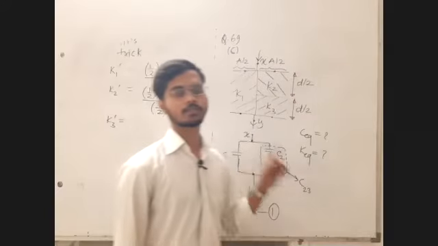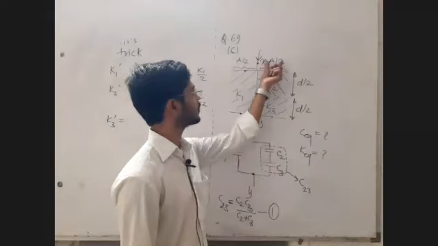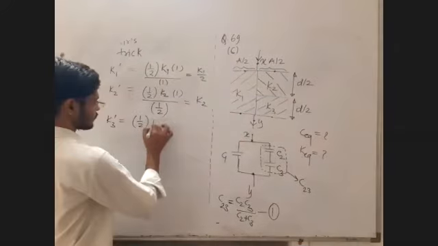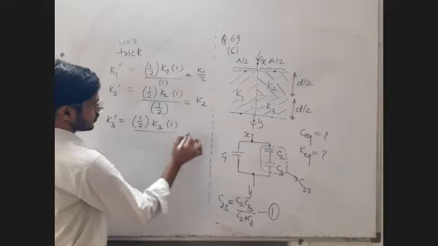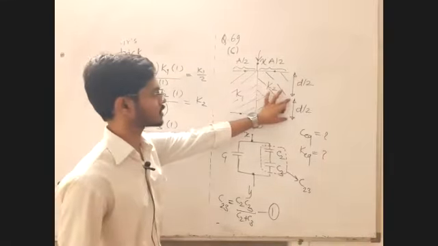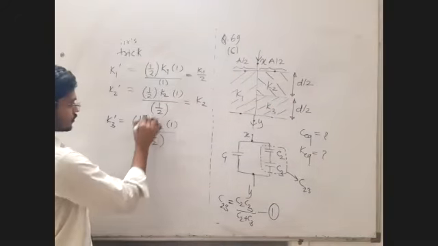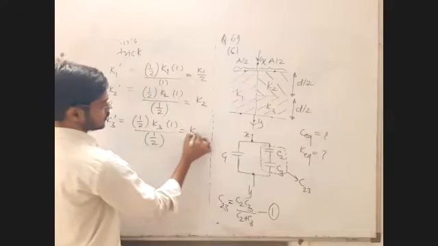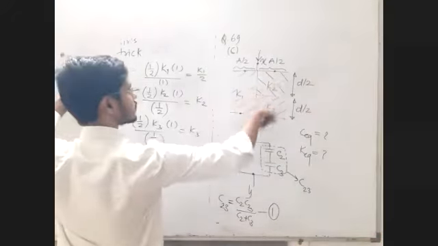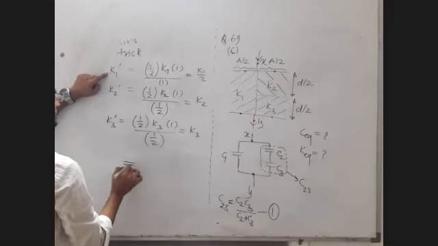K3 dash, I again say A K epsilon 0 upon D. But instead of A, I write fraction of area. Fraction of area is 1 half. What is K? K is K3. Epsilon 0 has no fraction, so it's completely available to you. So it's 1. D is available as half, so D by 2. Instead of D, write fraction of D. So 1 half cancels. That becomes K3. Okay. Now I know instead of capacitors, I can have dielectrics.